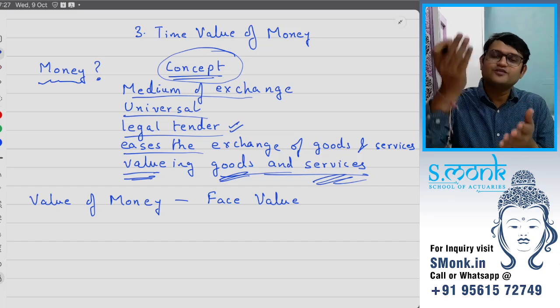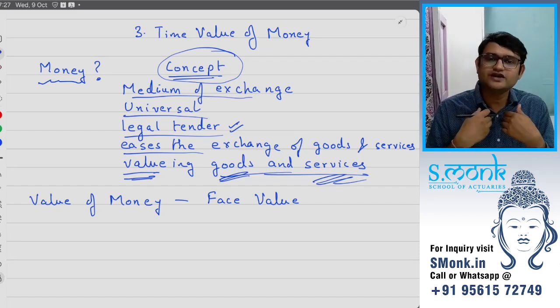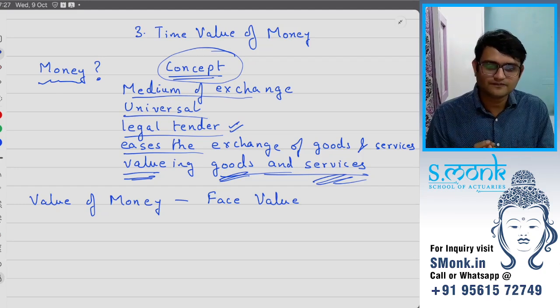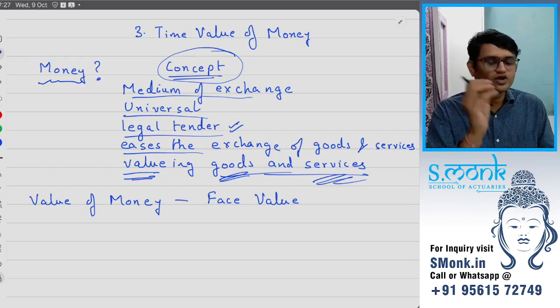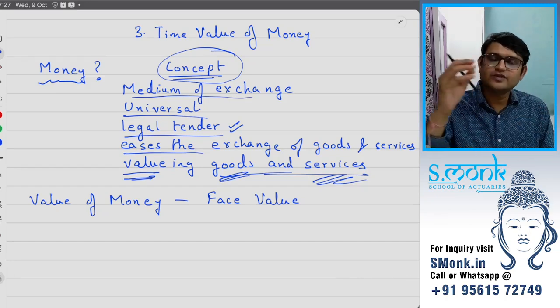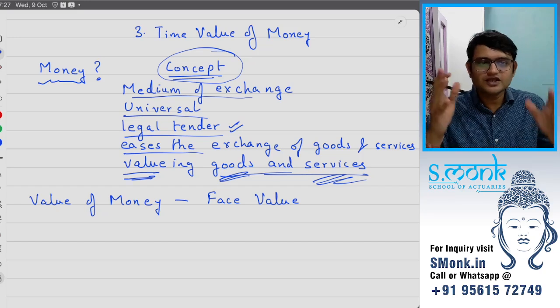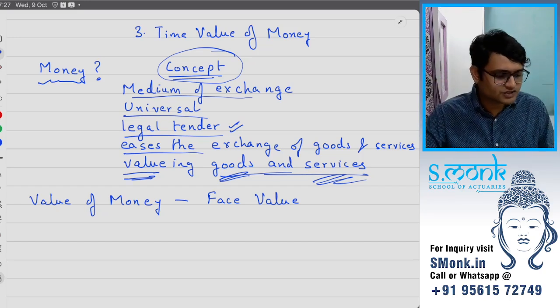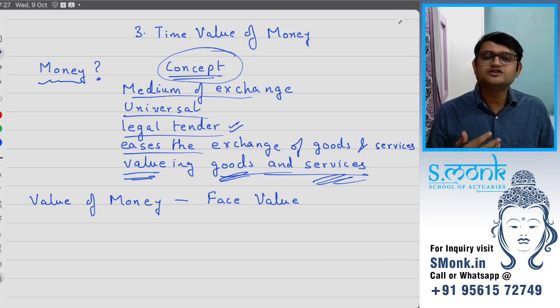That is why the value of money keeps on going up and down, because we decide that that is how it should be. Okay, now we decided that the value of money should go up and down, right? $1 is worth 80 rupees sometimes, then someday it will be 85 rupees, then someday it will be 75 rupees. What's happening there is the value of money is changing. There are many reasons for the value of money to change, but again, it is just a man-made concept.